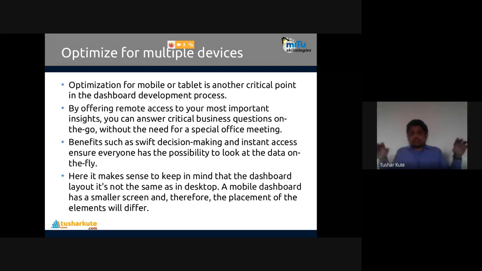Everywhere I may want to use a desktop, a laptop, my mobile phone, or a tablet, so it should be easily accessible on multiple devices. The benefit of such swift decision making and instant access is that everyone has the possibility to look at the data on the fly. If I have this laptop, I can use it; if you have a mobile phone, you can use it there also.